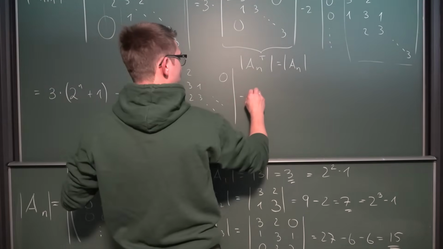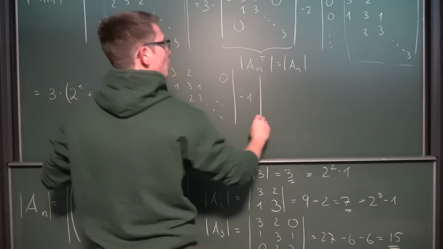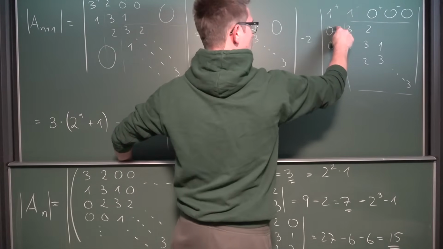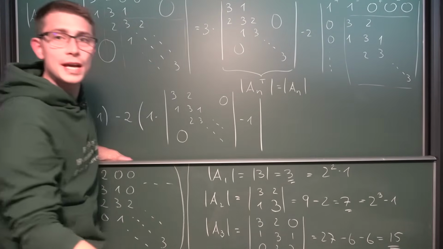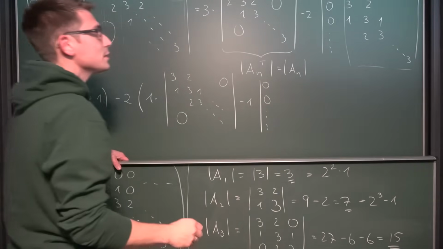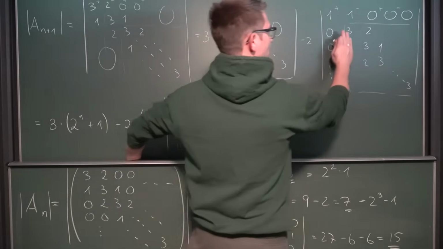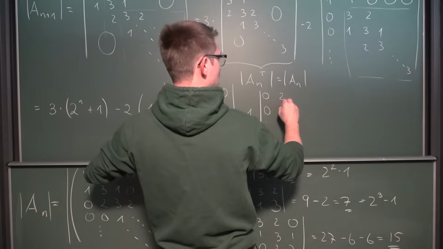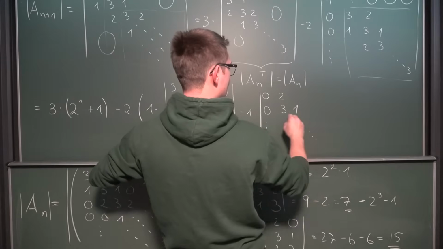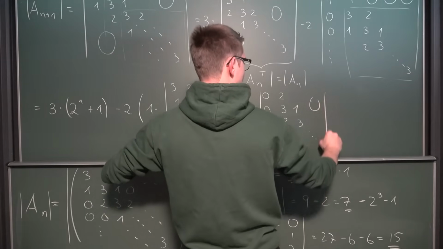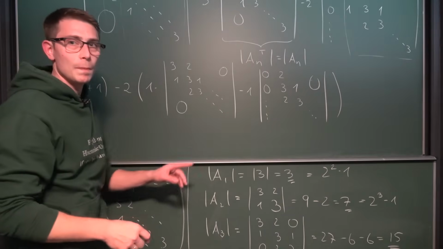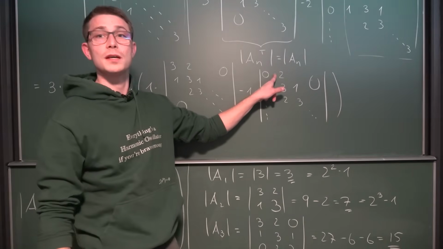So we are going to have -1 times the determinant of the matrix. And what is still left is, if we cover this line up, we are going to have zeros in an entire column. All zeros here, and then we are going to have a bunch of stuff over here. So we are going to have 2, 3, and 1, and then 3s, and so on, with zeros everywhere here. And this is exactly what I said a second ago. Suppose we are going to determine